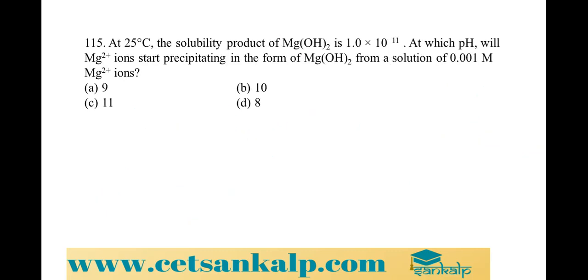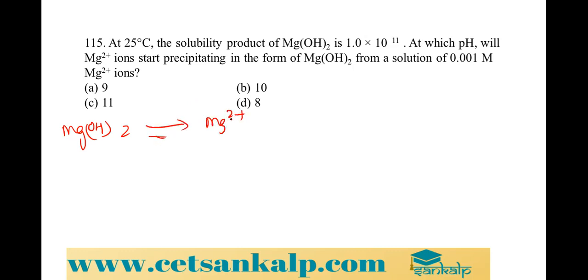Right? Let's move to the next one, question number 115. At 25 degrees Celsius, the solubility product of magnesium hydroxide is 1 into 10 to the power minus 10. At which pH will Mg plus 2 ions start precipitating in the form of Mg(OH)2 from the solution of 0.001 molar Mg plus 2 ions? They are asking. You have the formula of magnesium hydroxide, Mg(OH)2, which gives rise to